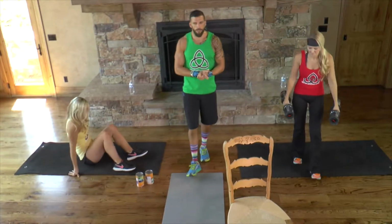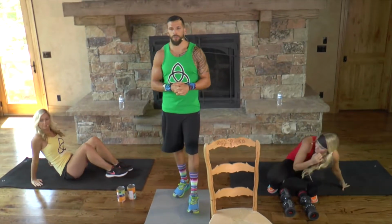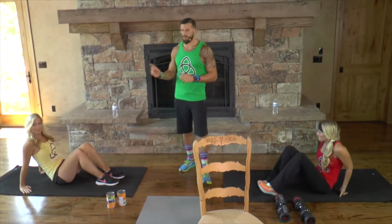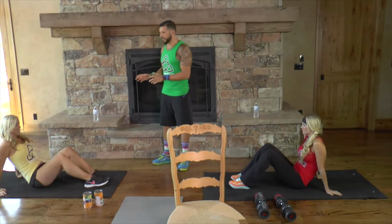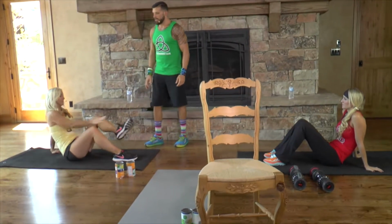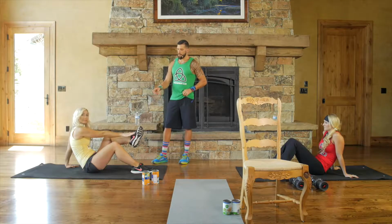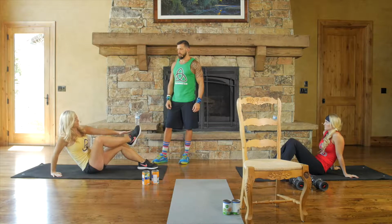Now then, the next move is called a crab walk extension, which is great for your core. We're gonna show you the green version first, so Natalie's gonna show you that. So basically you're sitting on your butt, your heels are on the ground, your hands are behind you, and from there, you're bringing one foot up, and you're touching the opposite hand to the opposite foot, and you're switching sides